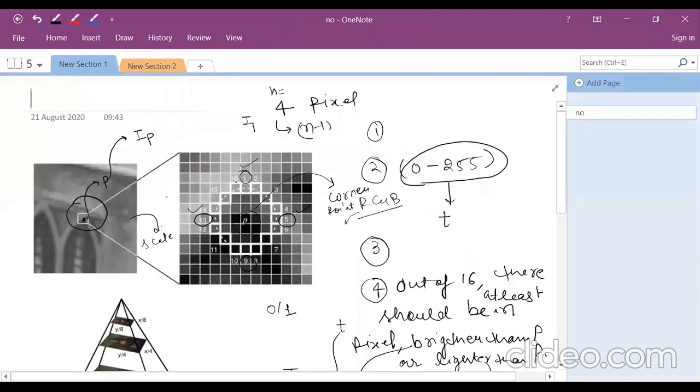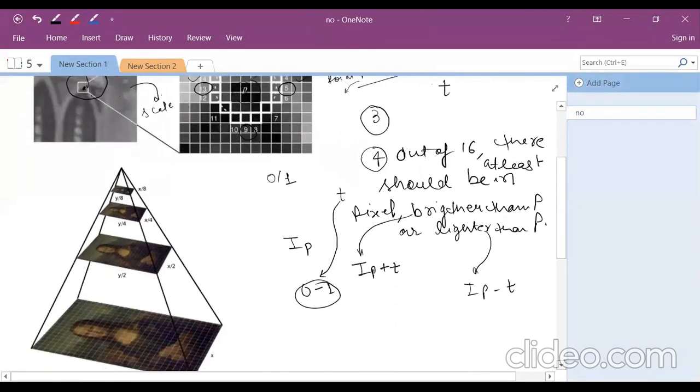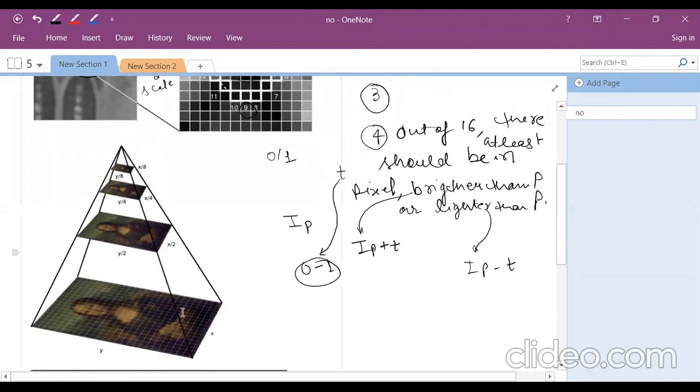Like the example is this one. So after the multi-scale pyramid, the resolution changes step by step in the pyramid section, and the FAST algorithm will be applied over this one. Then the second will be applied over this one. The first one is this one, second one is this one, and third one and fourth one. And you can proceed with the reverse also, like first, second, third, and fourth. It is your wish. By default, it is going from downwards to upwards.